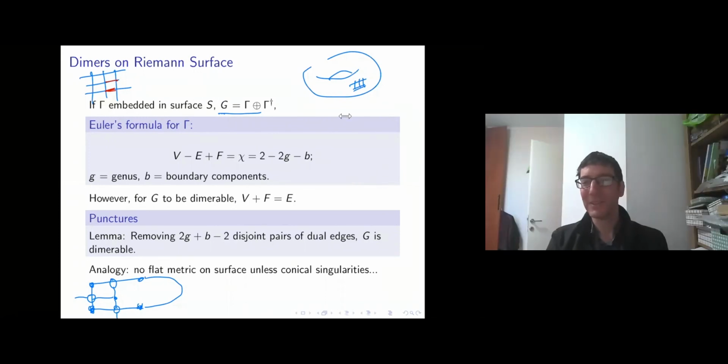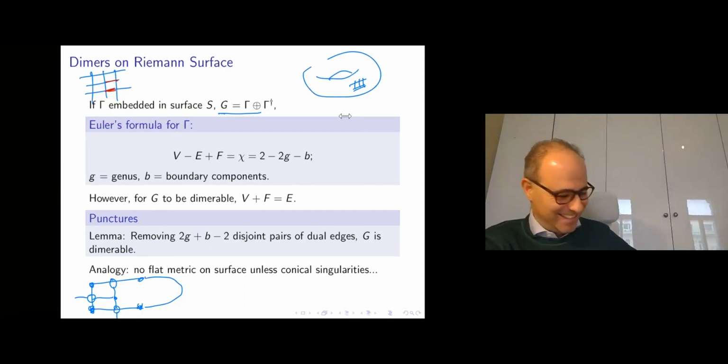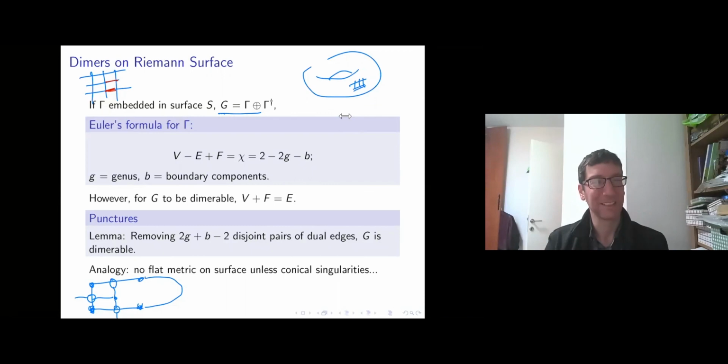Nathanael? Yes? I had an unrelated question, but since it's the end of the seminar, maybe it's okay. If I wanted to teach something about this, so suppose I wanted to show that the dimer height function converges to